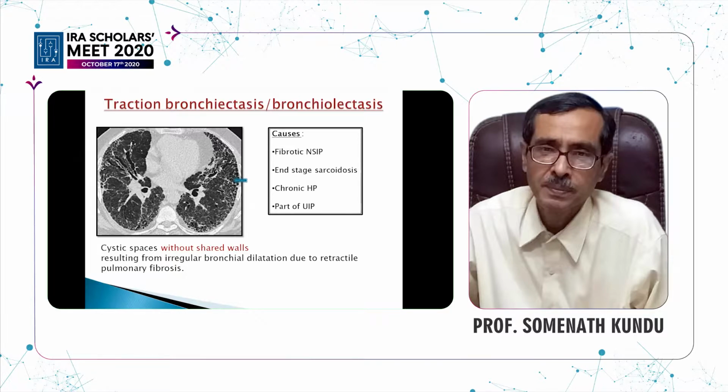We can get traction bronchiectasis also if there is a fibrotic NSIP. We will define what NSIP is. Sometimes in end stage of fibrosis, if there is a chronic